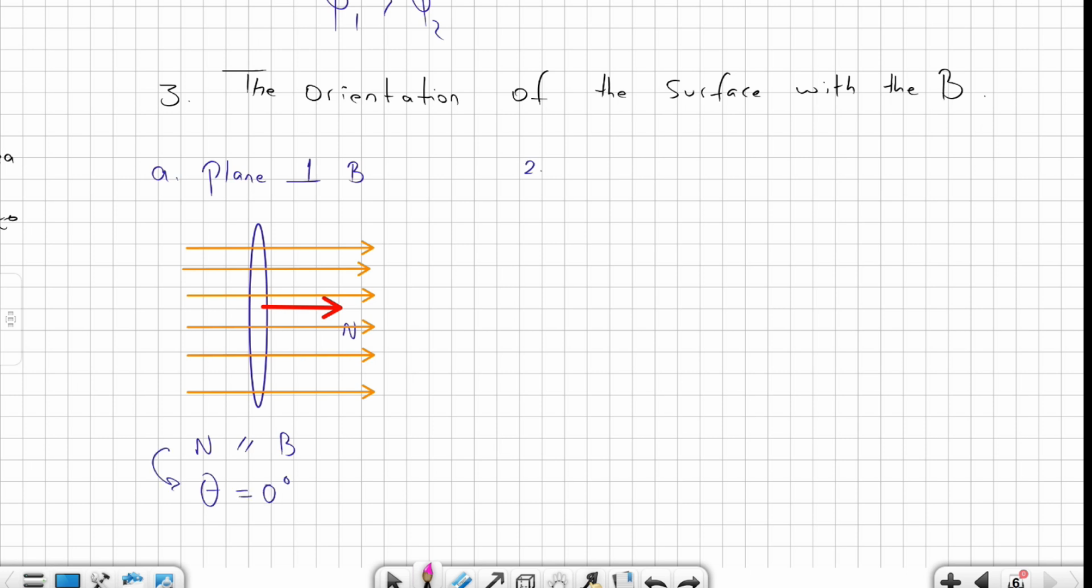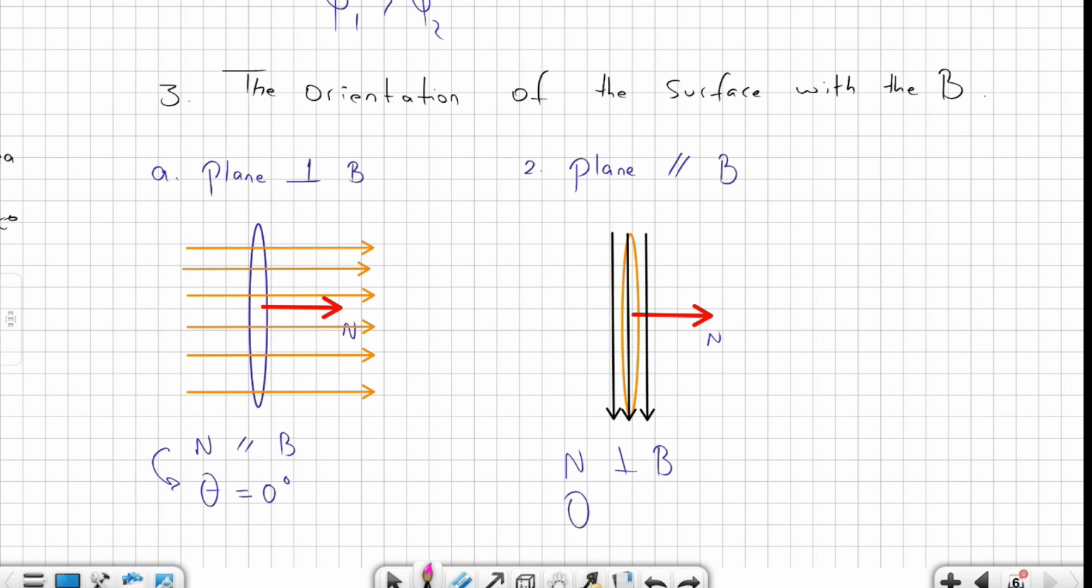The second point is if the plane of the loop is parallel with the magnetic field, again the area is facing the right side, so the normal is also to the right. This time the magnetic field lines will be downward or upward, and as you see they are parallel to the plane of the loop. But since they are parallel to the plane of the loop, they are perpendicular to the normal, and the angle between the normal and the magnetic field will be 90 degrees. In the first part, since all the lines are crossing the area perpendicularly, flux is maximum. But in the second part, none of the magnetic field lines are passing or crossing the area perpendicularly,